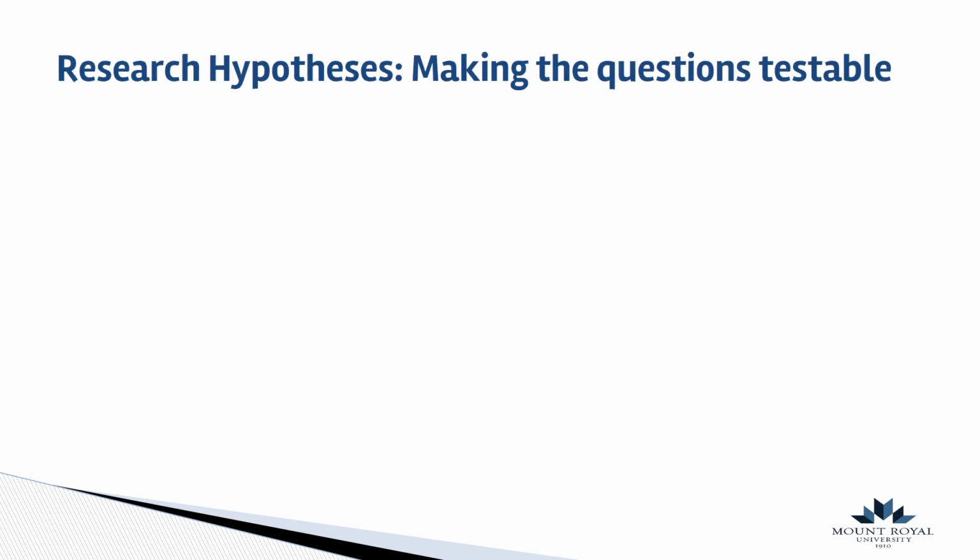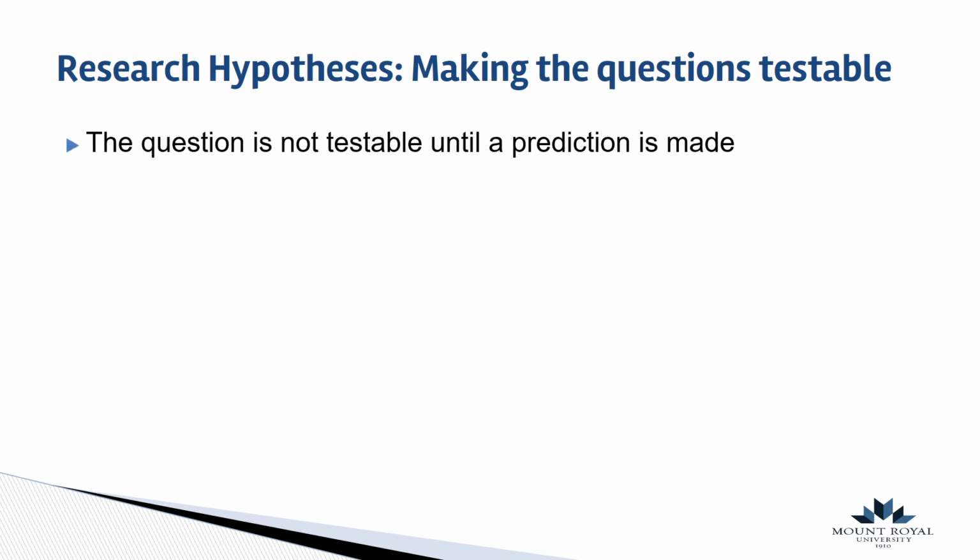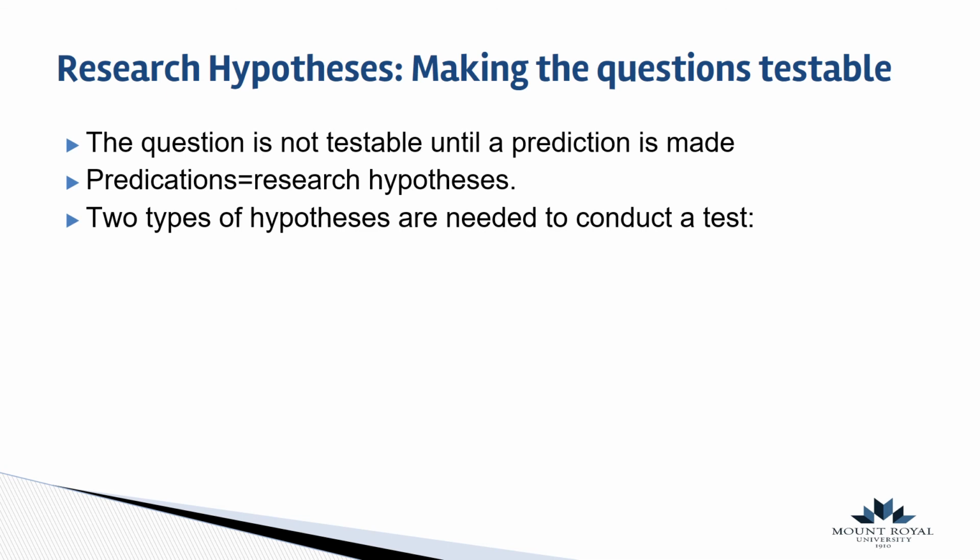So I think this is one last slide here before we get into the next chunk on hypothesis testing. The research hypothesis is what makes questions testable. The question is not testable until a prediction is made, and predictions really equal the research hypothesis. And so two types of hypotheses are needed to conduct a test or a randomized controlled trial. The first one is there's a research hypothesis and a null hypothesis. So the research hypothesis,